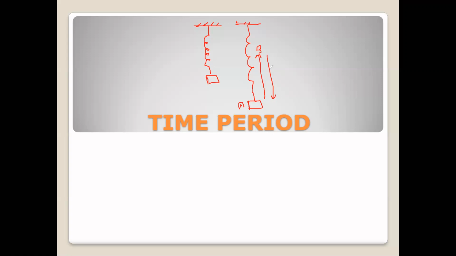So vibration means going and coming back is one vibration, and the time to complete one vibration is simply known as the time period. For example, when I release, it took 4 seconds to go up and 3 seconds to return. What is the time period in this example? 7. So the time to complete one vibration is 7 seconds. So we can find the time period for different objects.